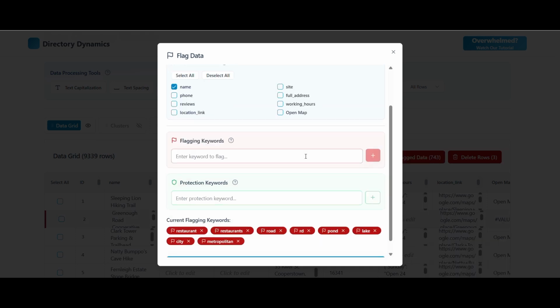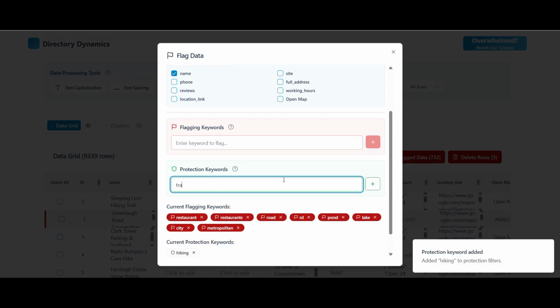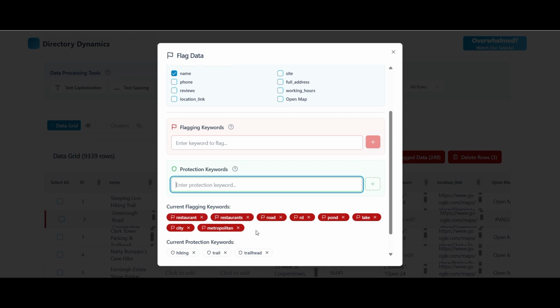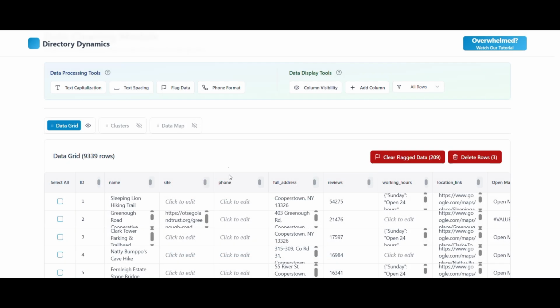But what about situations where you have a trail name called Pond Road Hiking Trail? If it includes the word hiking, trail, or trailhead, it's probably a hiking trail. So adding these protected words makes it so even if the name includes one of these flagged words, it will no longer be flagged. Once you have your flagged and protected words, you can then view all of the flagged